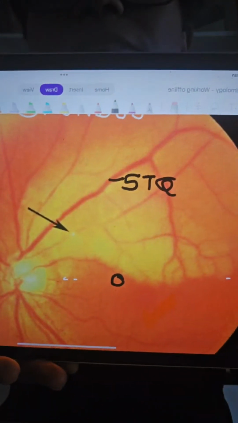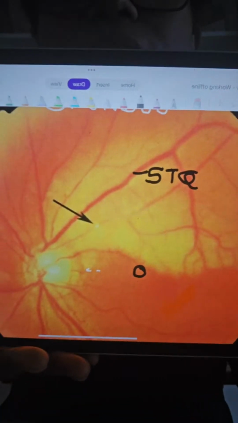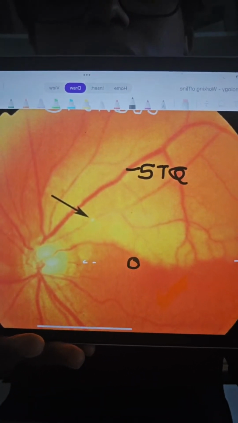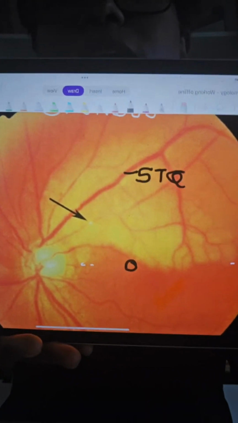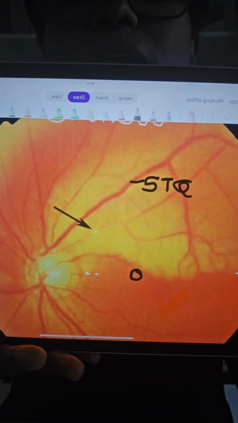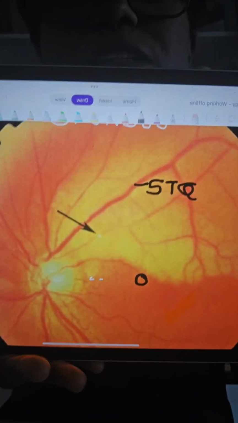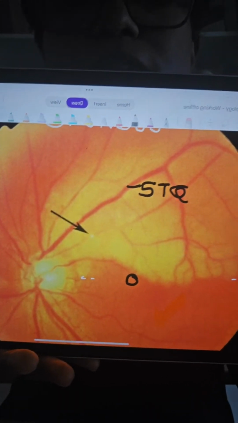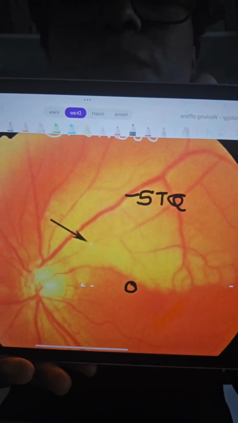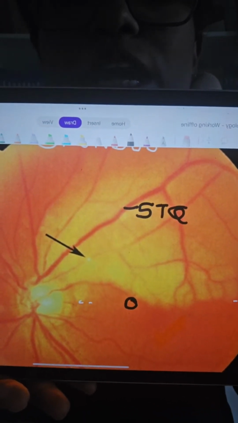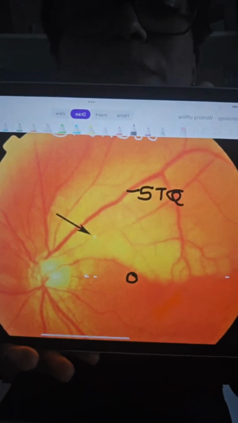So the area where I marked that little circle, that is your exact foveolar location. Foveola is not involved in that frosted appearance, in that white opacity, the opaque retina. So probably this patient's visual acuity itself will be normal, but he will complain of a visual field defect, which would be inferonasally only on the left eye. Right eye will be completely normal.